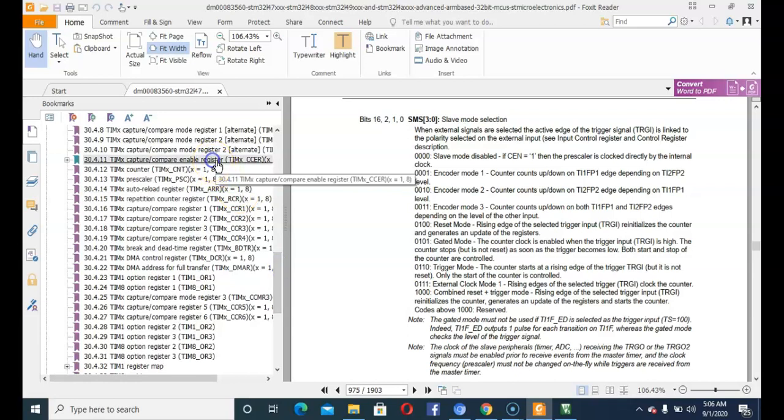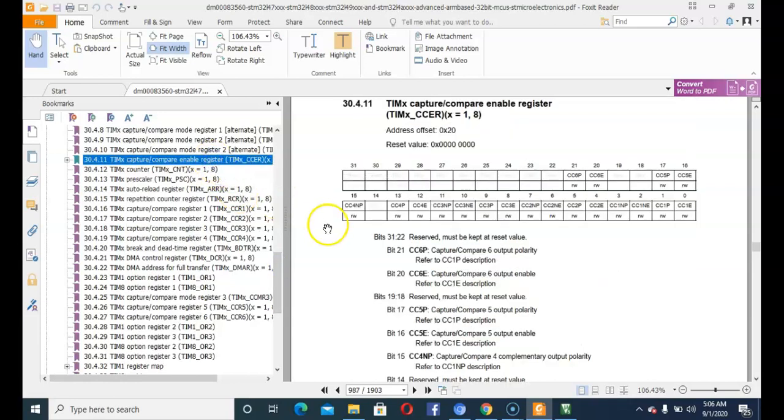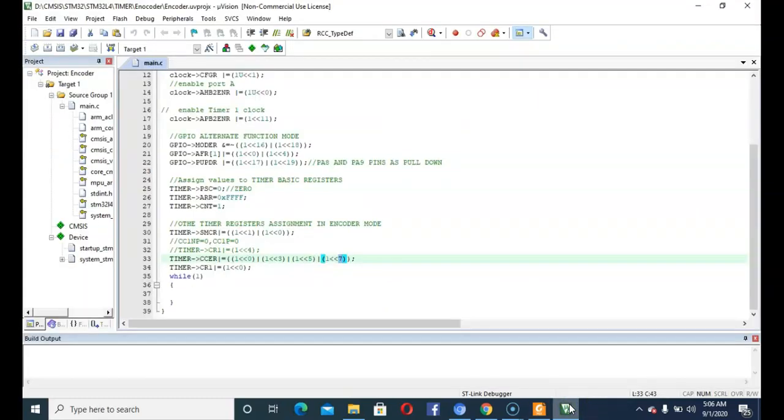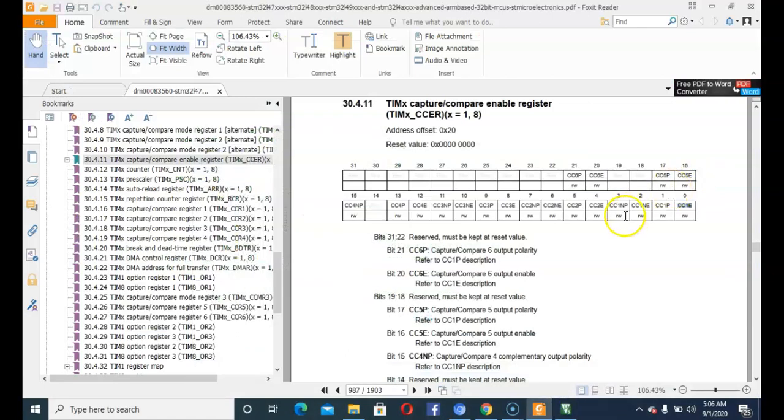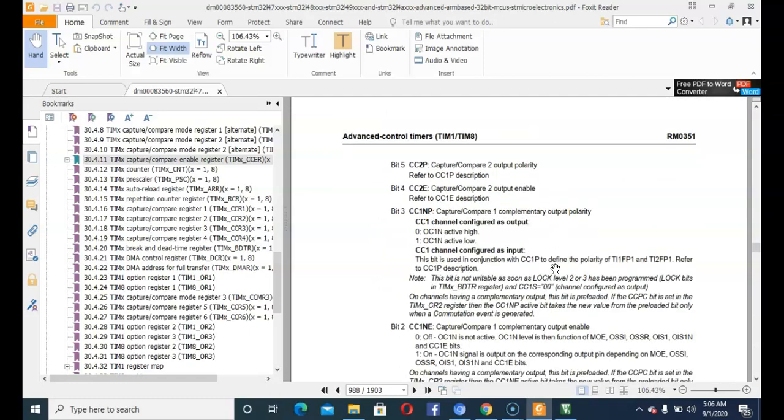So we are setting this bit 0 and 3rd, 5th and 7th one. Let's see what they are used for.